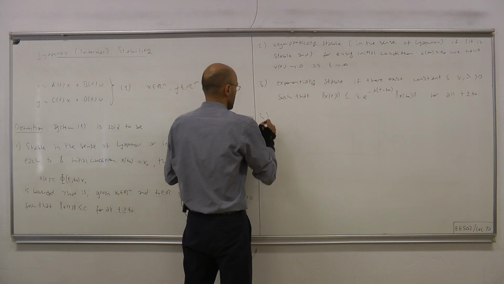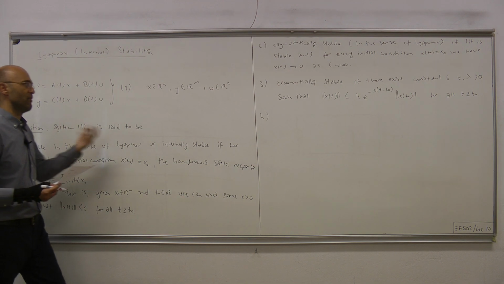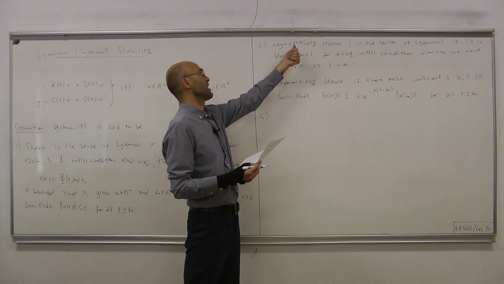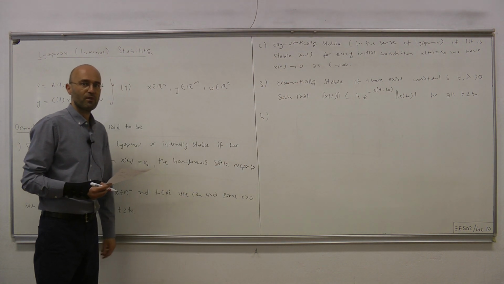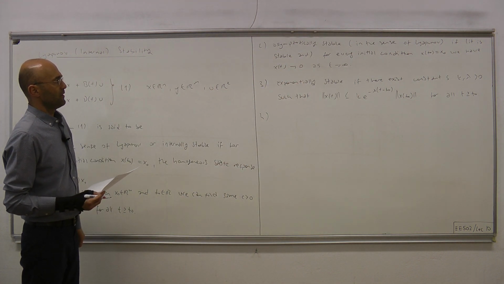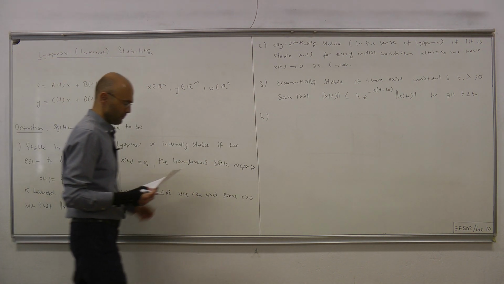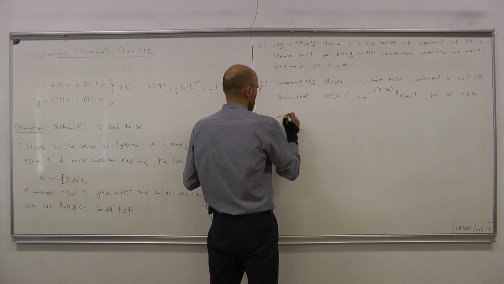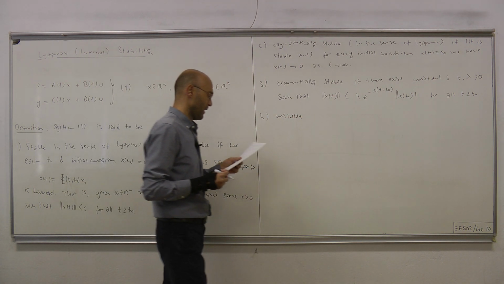And finally, whenever your system is not stable, therefore it cannot be either asymptotically stable nor exponentially stable either. Okay. So such a system is called an unstable system. Okay. So a system is said to be unstable in the sense of Lyapunov if